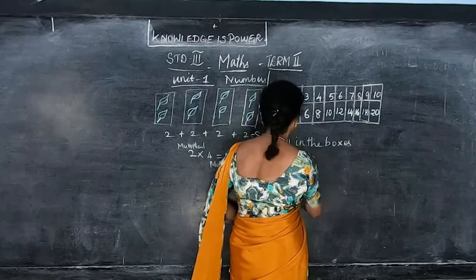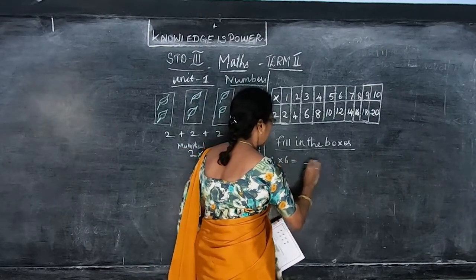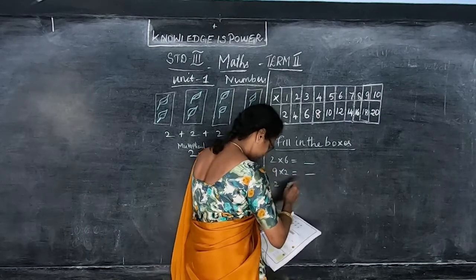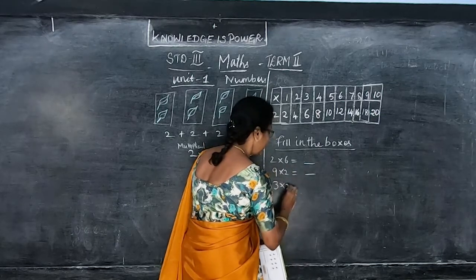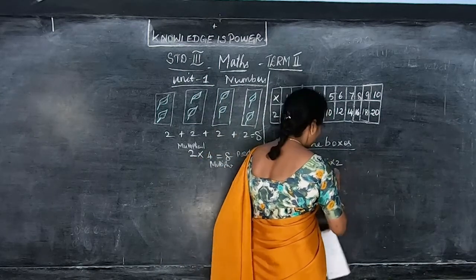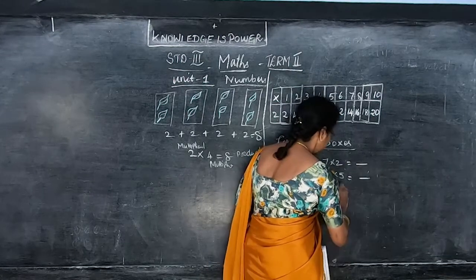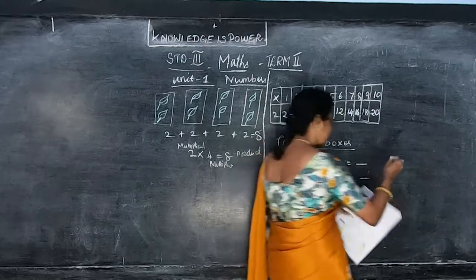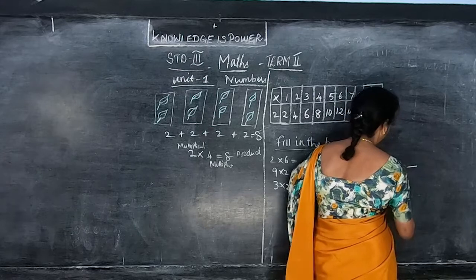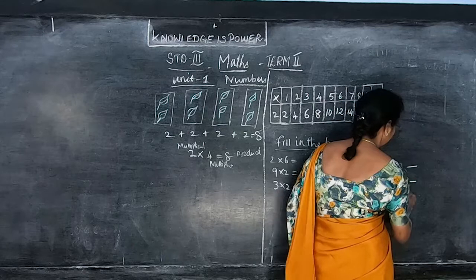So in this fill in the boxes, they will give you 2 into 6 is equal to dash. Then 9 into 2, they will reverse the number and give. Then 3 into 2. So everything is inside the book only. So better buy the books, children. 7 into 2, 2 into 5. So they are given the dash like this. You have to memorize the tables and you have to fill these boxes. 8 into 2, dash. Then 4 into 2, dash, and 2 into 3, that is equal to dash.